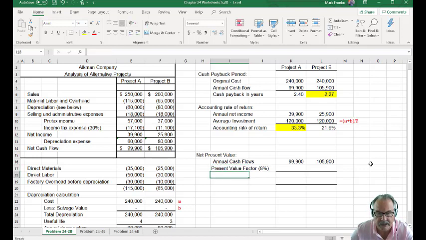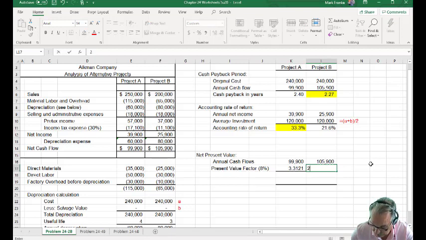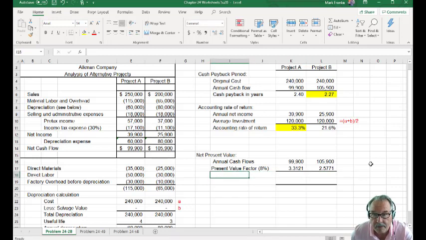This is an annuity. This is the present value factor of an annuity, because these are annual cash flows we're going to get every single year for 4 years for project A and 3 years for project B. If you look up the factor, 3.3121 for 4 years at 8%, 2.5771 for 3 years for project B, the total present value